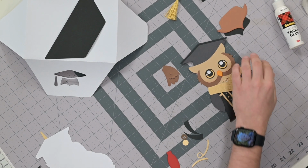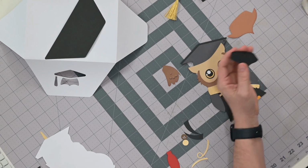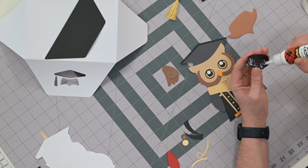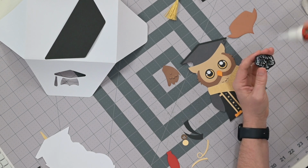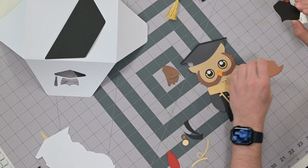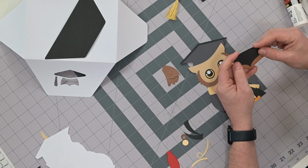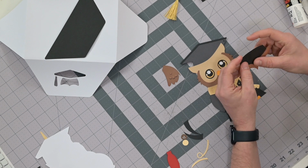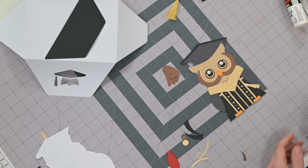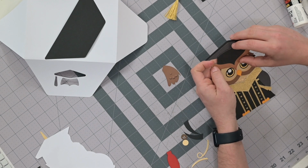All right, next, you're going to take these two pieces here, and you're going to glue the darker piece, I think it's black, yeah, it's black, onto this brown piece. Oops. There we go. Just like that. Press that down. And this we're actually going to raise up a little bit by way of a foam square. But before we do that,